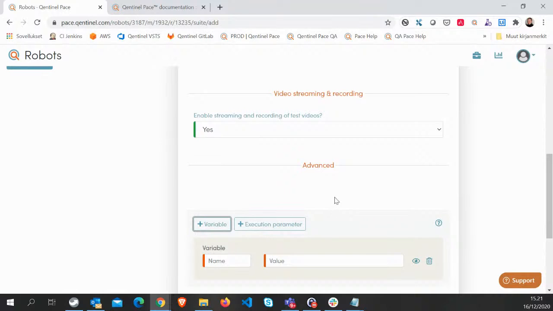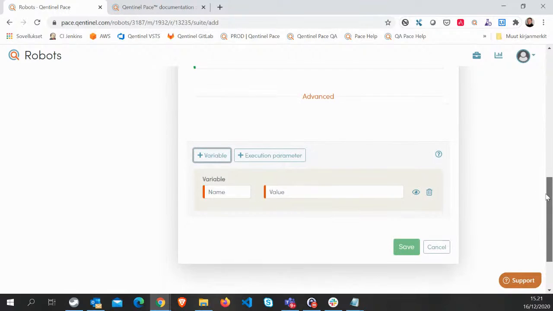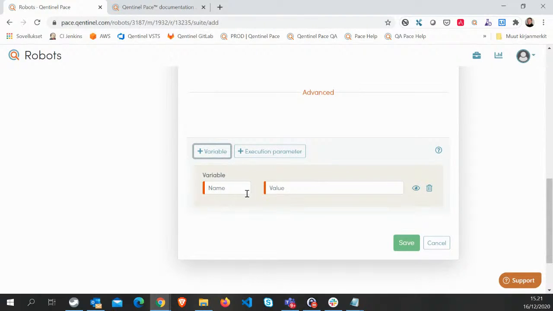And we see all the time that the credentials, let's say passwords and so on, are stored inside Git or inside test scripts, which is not very good, because if somebody somehow gets access to test scripts, they can immediately see the credentials and log into that system. The better way of doing that is to create a variable in Pace, say password like this, and then I give the actual value